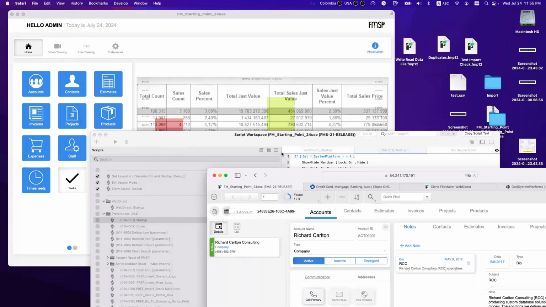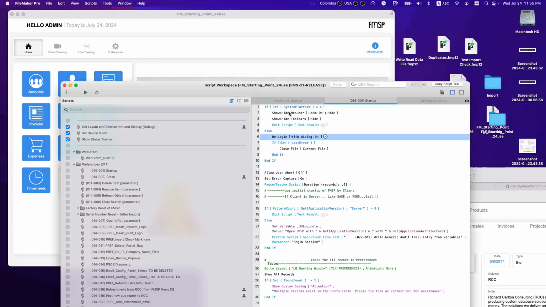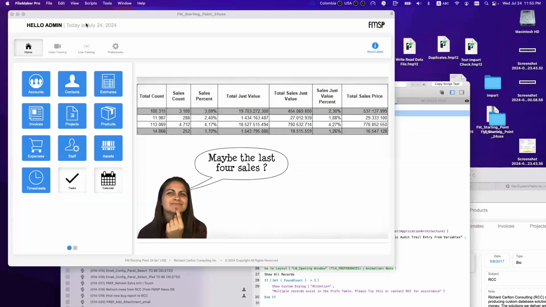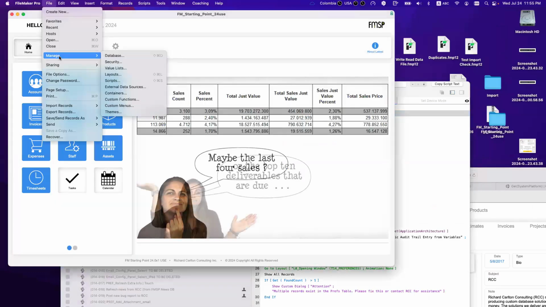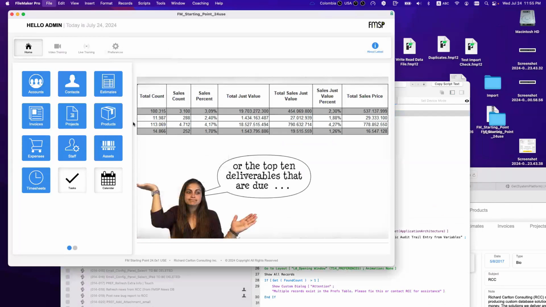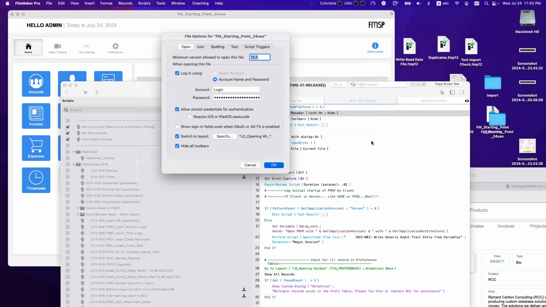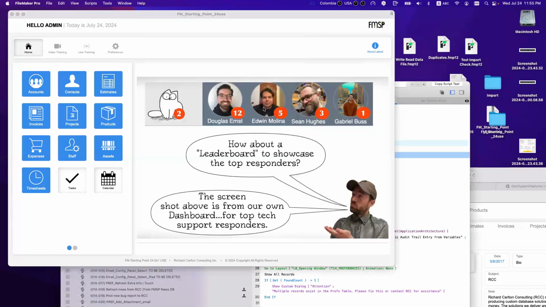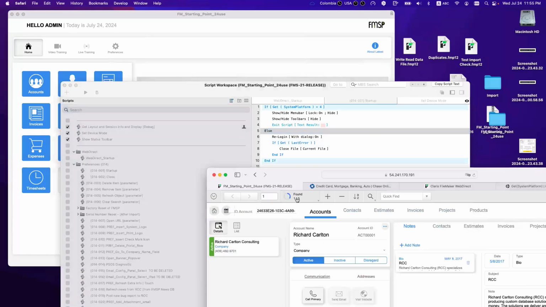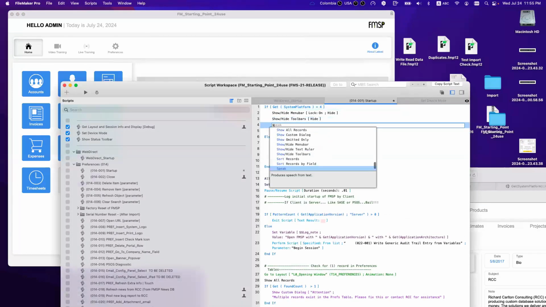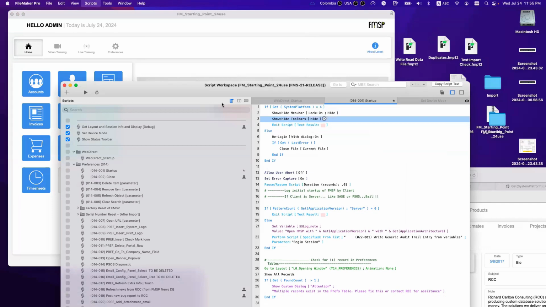Prove it. I said I want to hide this. Show hide lock. Maybe I need to go there and say hide all toolbars. But I don't understand why I didn't do that. It should have hidden this. Right? Which one is show hide toolbar? Yeah, so I did it. Anyway. So if I do this,